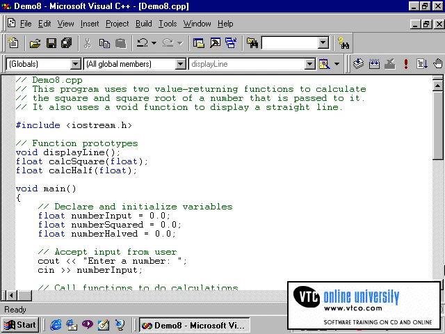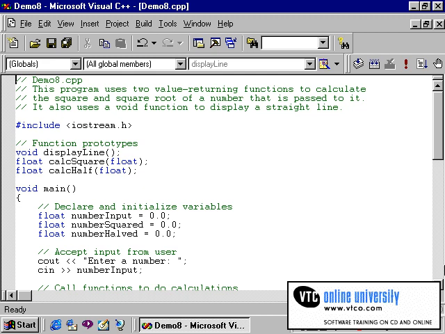This lesson will deal with value returning functions. In the previous lesson, you learned how to create and invoke void functions, which are functions that do not return a value. Creating and invoking a value returning function is very similar to creating and invoking a void function. You typically enter the same three items of information, that is, a function prototype, one or more function calls, and